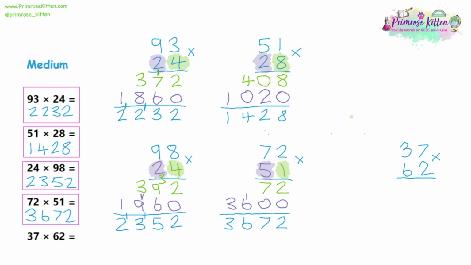So starting with the units first, 2 times 7 is 14, carry the 1, and then 2 times 3 is 6, plus the one we carried is 7. Now if multiplied by the 2 is 62, we're going to multiply by the 60, so 6 times 7 is 42, and because the 6 is representing 60 in the tens column, we're going to start writing 42 in the tens column, carrying the 4 into the next column on the left, and again any gaps we can fill in